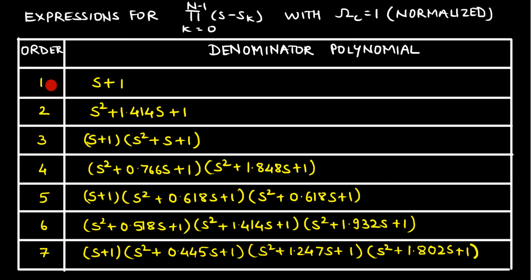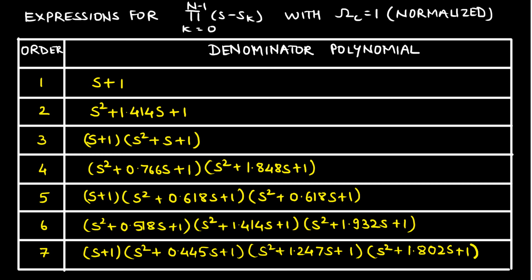If my order is 1, then the polynomial is s plus 1. If the order is 2, it is s square plus 1.414s plus 1. For third order, it is s plus 1 into s square plus s plus 1. For fourth, it is s square plus 0.766s plus 1 into s square plus 1.848s plus 1. For fifth order, it is s plus 1 into s square plus 0.618s plus 1 into s square plus 1.618s plus 1. For sixth order, it is s square plus 0.518s plus 1 into s square plus 1.414s plus 1 into s square plus